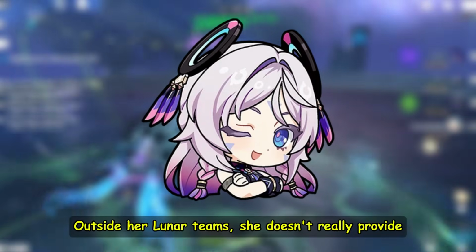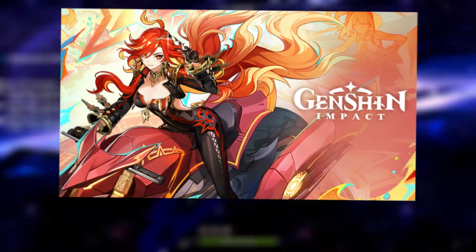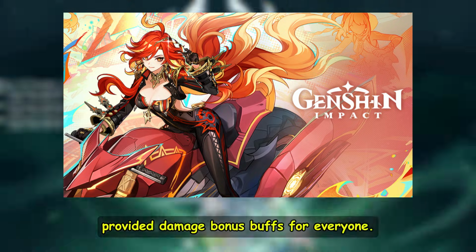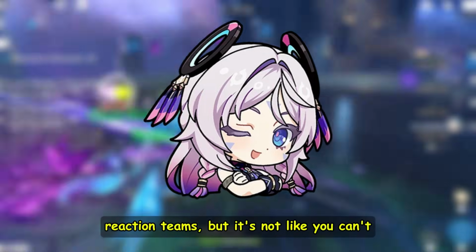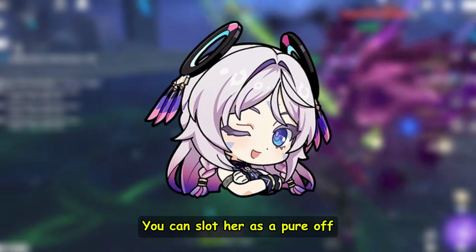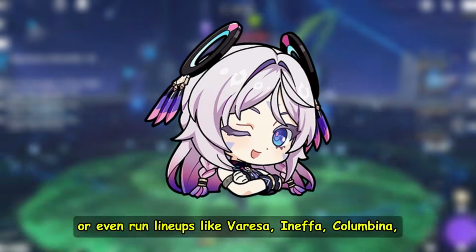Outside her lunar teams, she doesn't really provide any buffs to old DPS units, unlike Mavuika, who was restricted to Natlan characters, but still provided damage bonus buffs for everyone. Columbina is looking to be restricted to lunar reaction teams, but it's not like you cannot play her in other teams. You can slot her as a pure off-field damage dealer in Mavuika or Varesa teams,